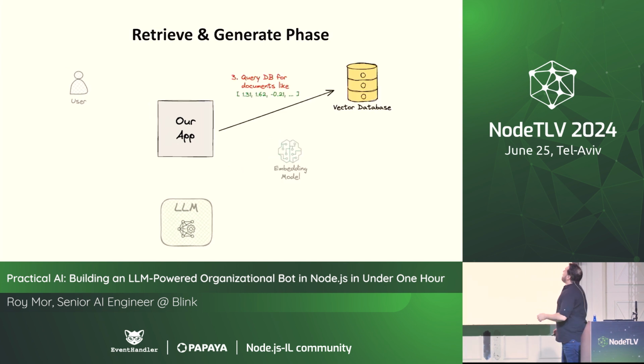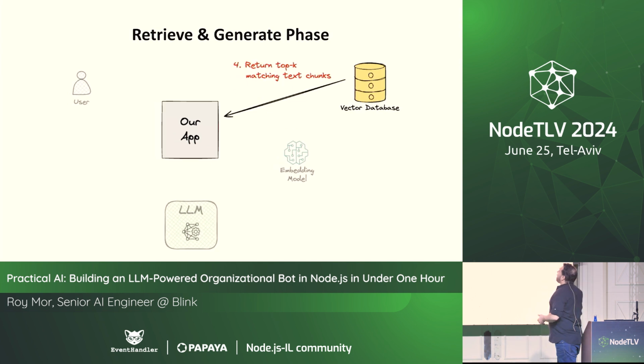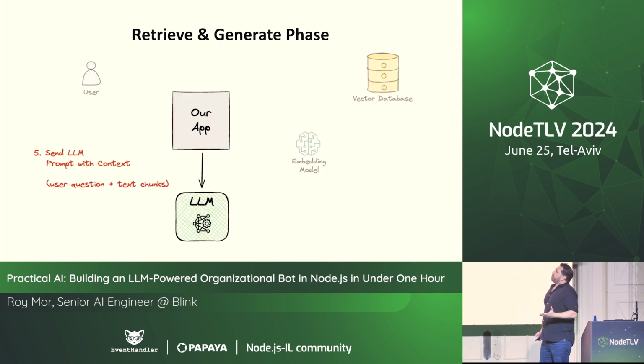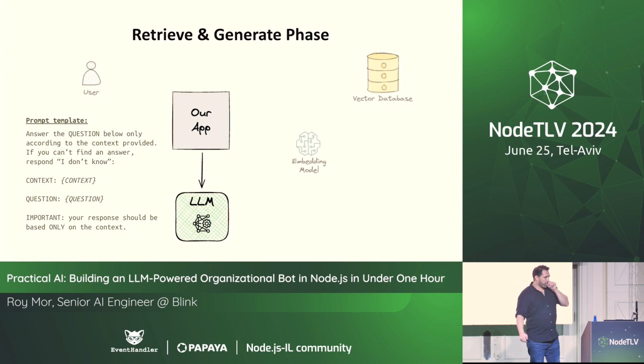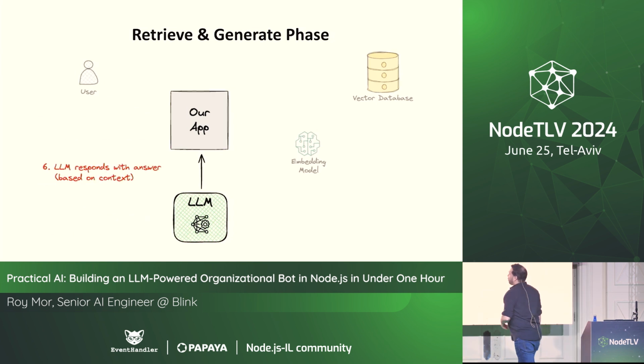So we get a vector back, and we can talk to our vector database and run a similarity search and ask, give me all the text chunks that are similar semantically to the user question, hoping that they'll also be relevant. We get back the top K matching text chunks. K here is a number, it could be 5 or 6 or 8. So the top 5 text chunks that are most similar semantically to the user query. And now we can feed that to the LLM. So now we feed it, there's a user question and text chunks. Prompt with context. It might look like this in a prompt template. And the LLM reasons about it, returns the answer to our app,